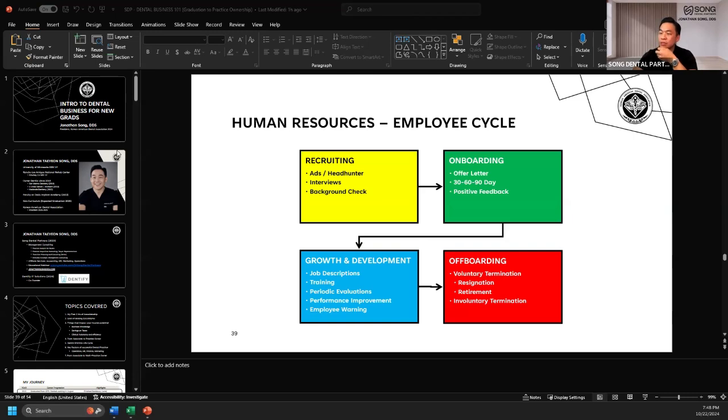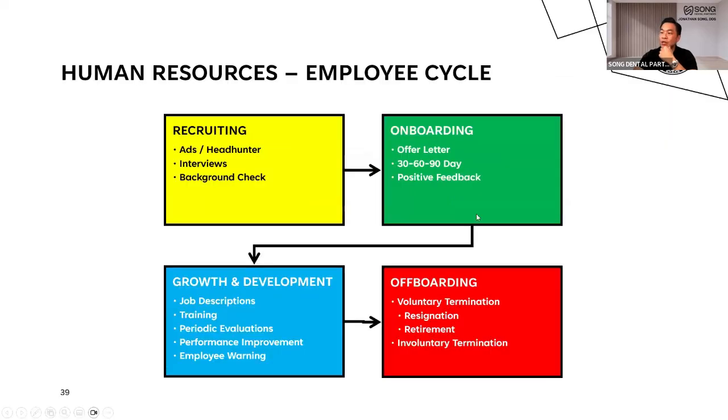So yeah, this is like an employee cycle. Everybody's in this cycle, basically. You start with hiring them, the recruiting side, and then onboarding. That's when you give them the offer letter. You collect all the material that you need, like certificates, driver's license, social security numbers, and all the payments